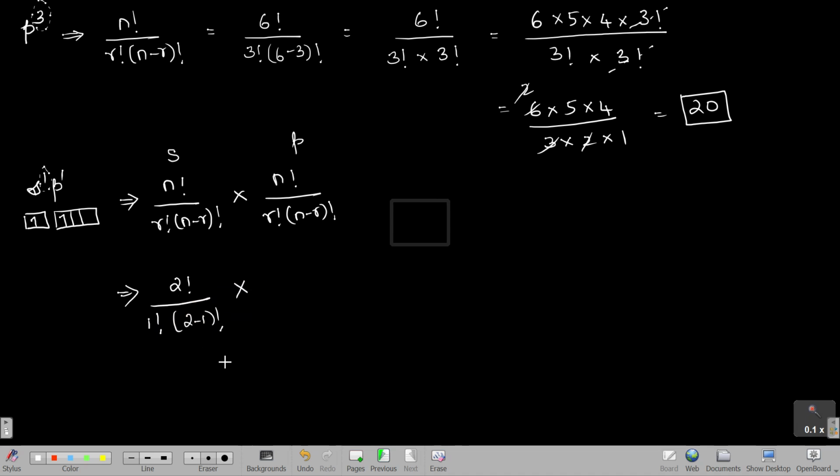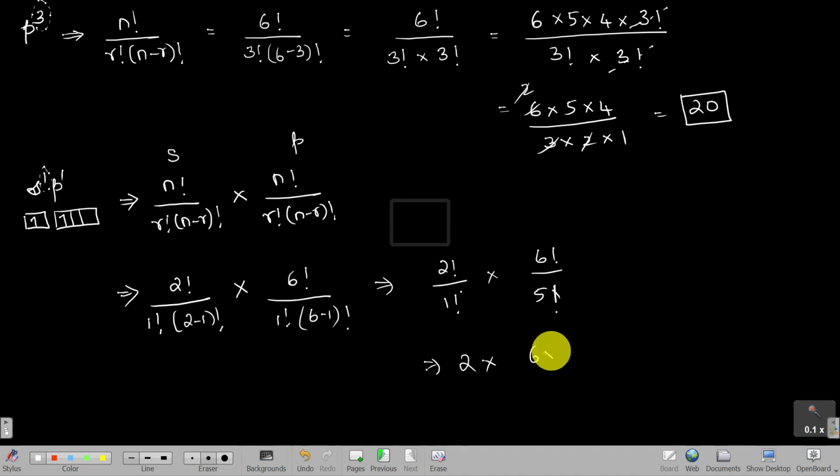Now multiply this part with the p value. In p value, the maximum number of electrons is 6, divided by r, the number of electrons occupied, so that is 1, n minus r, that is 6 minus 1 factorial. So if you solve this, you are going to get 2 factorial divided by 1 factorial multiplied by 6 factorial divided by 5 factorial. So this value is going to be 2